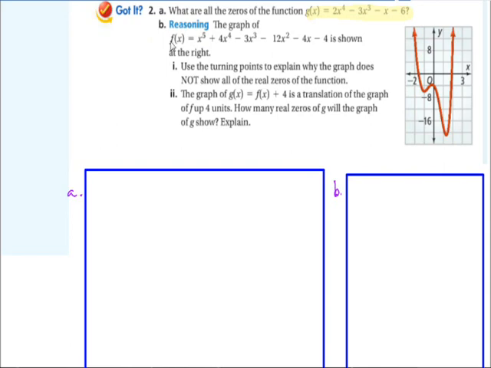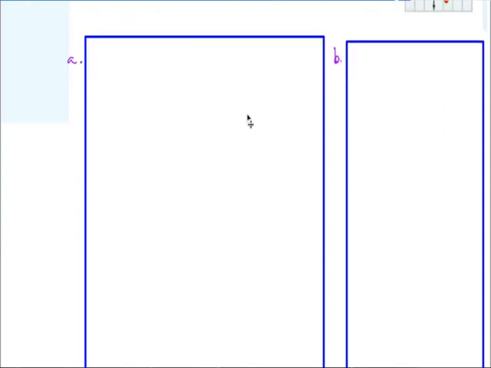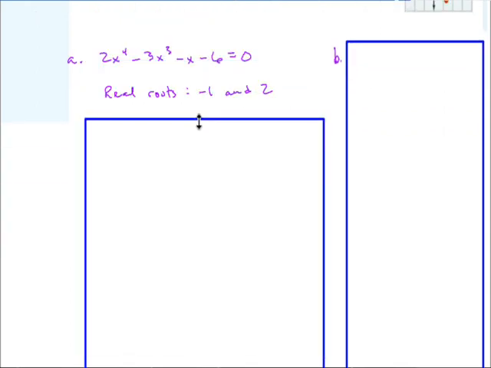For part B, I'd like you to work with this equation right here, okay? So go ahead and try and pause the video here, do A and B, and then I'll walk you through how I did those. Go ahead and pause the video now. All right, you've unpaused. Let's take a look at A. So first thing,